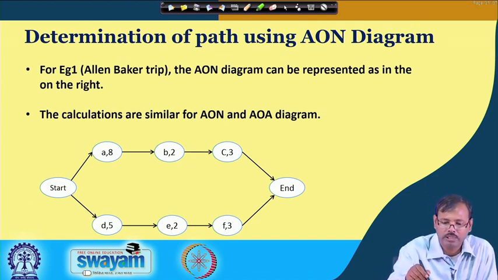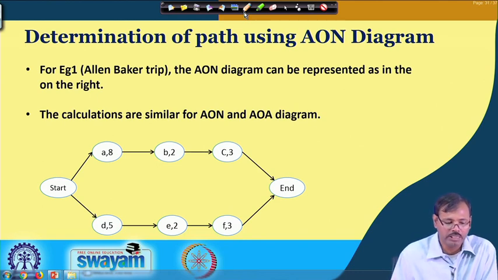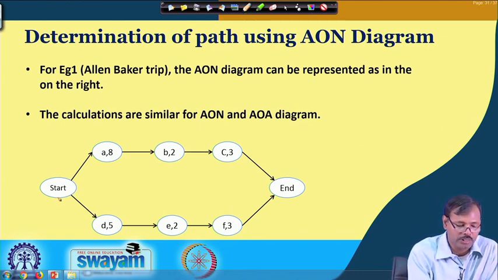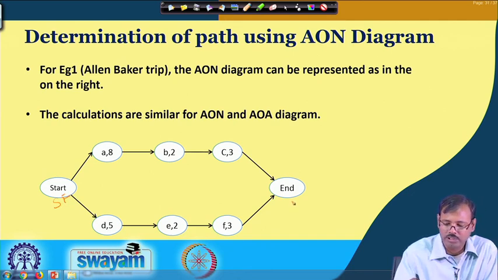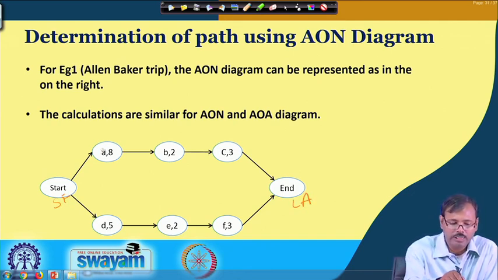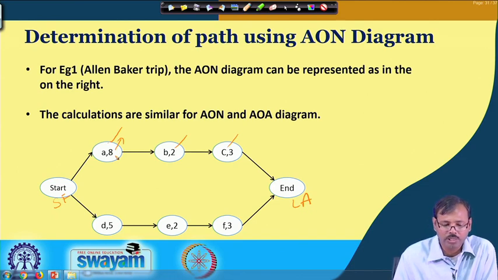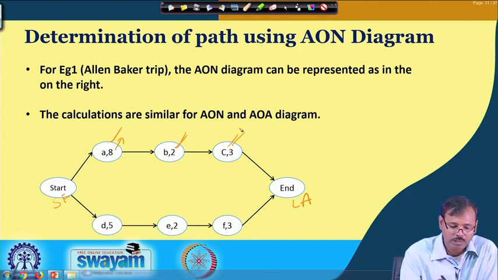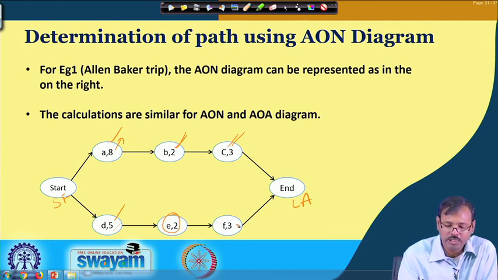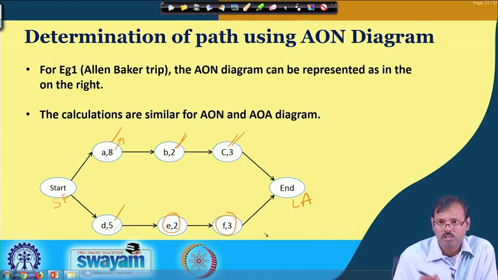Say this is the case for Allen's and Becker's movement from San Francisco to Los Angeles. So, in this case this is Allen's path, which takes the movement time from San Francisco to Santa Barbara, this is the lunch time and this is the Santa Barbara to Los Angeles time. Similarly, this is Becker's path, which is the driving time from San Francisco to Bakersfield. This is the lunch time at Bakersfield and this is the Bakersfield to Los Angeles time.